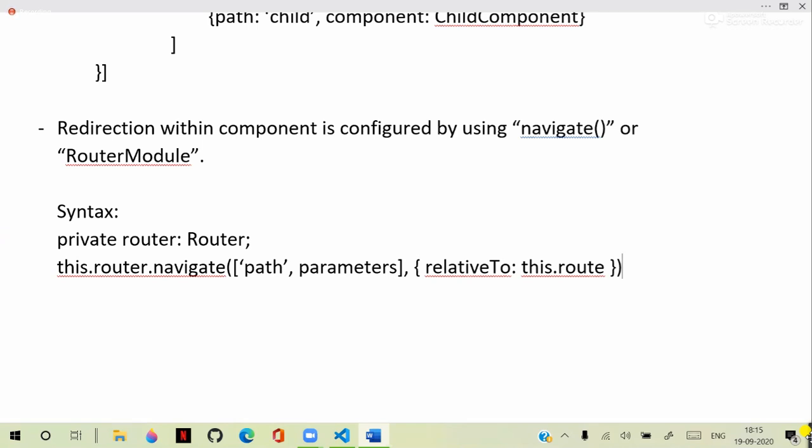Relative to this dot route indicates that this navigation is not to a new location. That means don't look for this path in a new location. Look for this path in the current route, that means in the current parent route. Relative to this route indicates that,